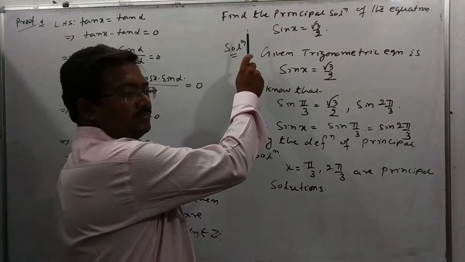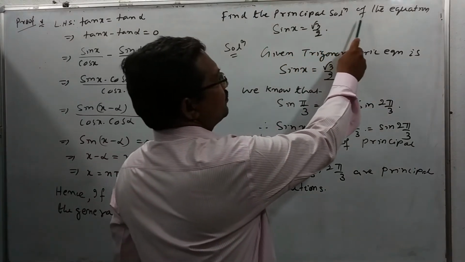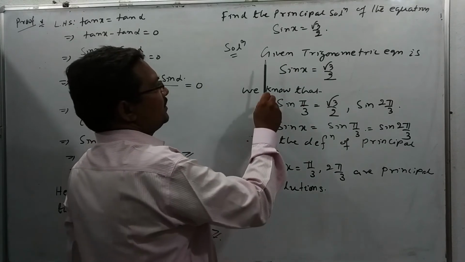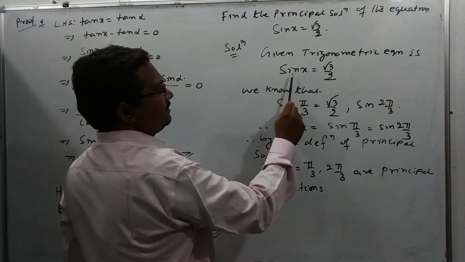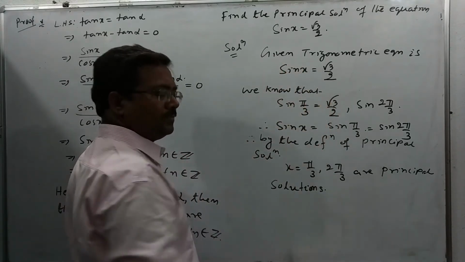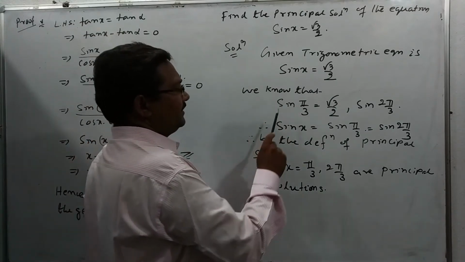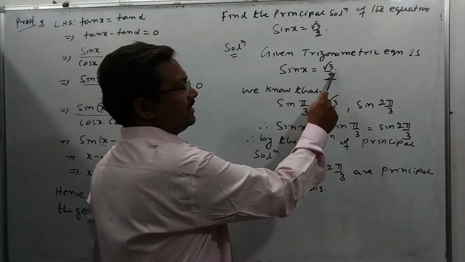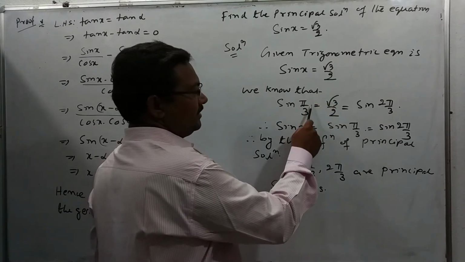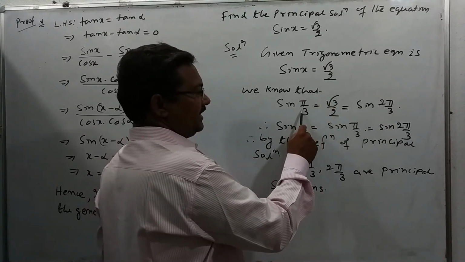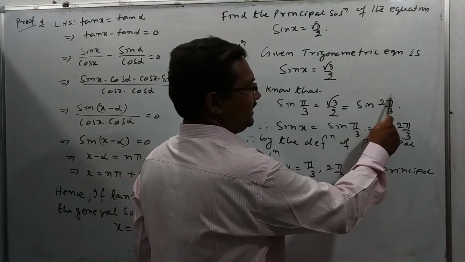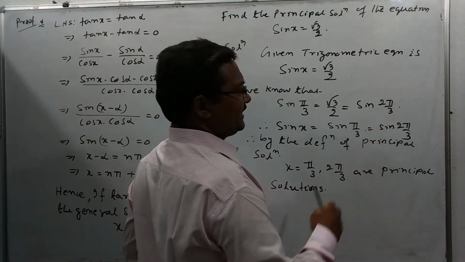Now come to the example. Find the principal solution of the equation sin x equals root 3 by 2. Given that the equation is sin x equals root 3 by 2, we know that sin pi by 3 means root 3 by 2. As the argument pi by 3 is in the first quadrant and the argument 2 pi by 3 is in the second quadrant, by the ASTC rule,